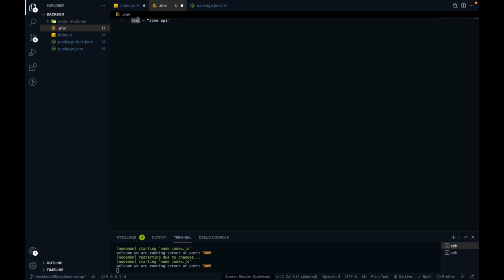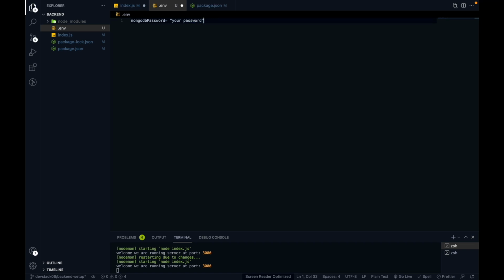You have to provide the environment variable name, and you have to put the password like this. Okay, and suppose the name I'm choosing is MongoDB password. Okay, so you have to provide the password which you set up during the sign up or creating the cluster. So here you have to put your password.